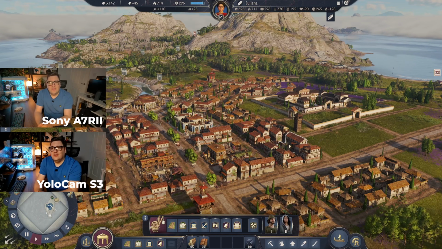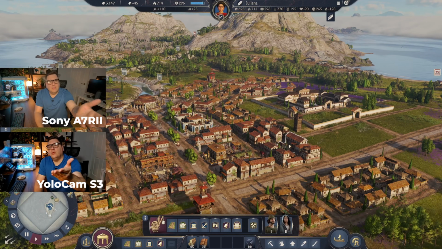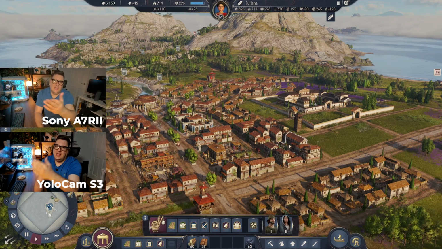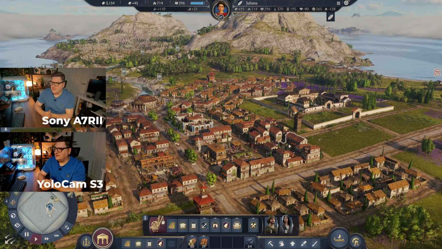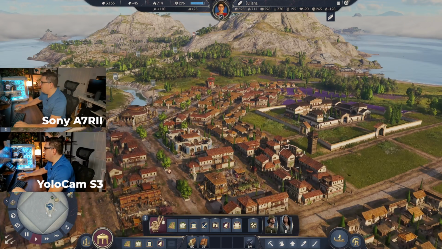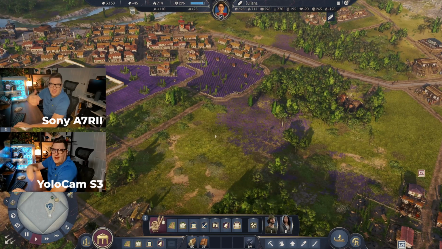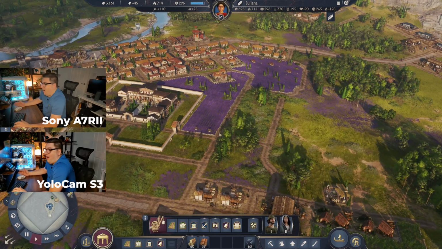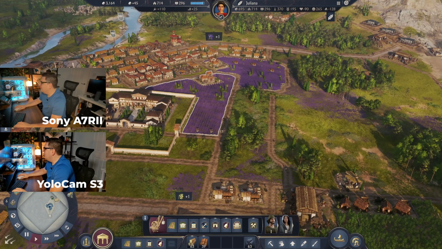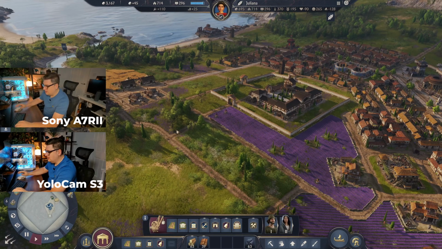Now there is of course a difference in sensors which can affect things like dynamic range. So if you look at the S3, for example, it is a lot more contrasty than the Sony A7RII, but at this size, it's really negligible. And if I was to start playing this game and talk to the camera like any live streamer probably would, I think you're going to be hard pressed to really complain about either one, really. And that is a good thing because of the